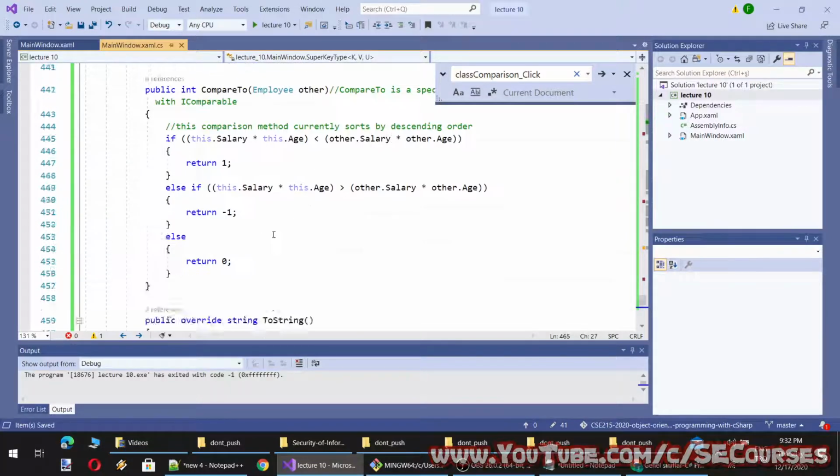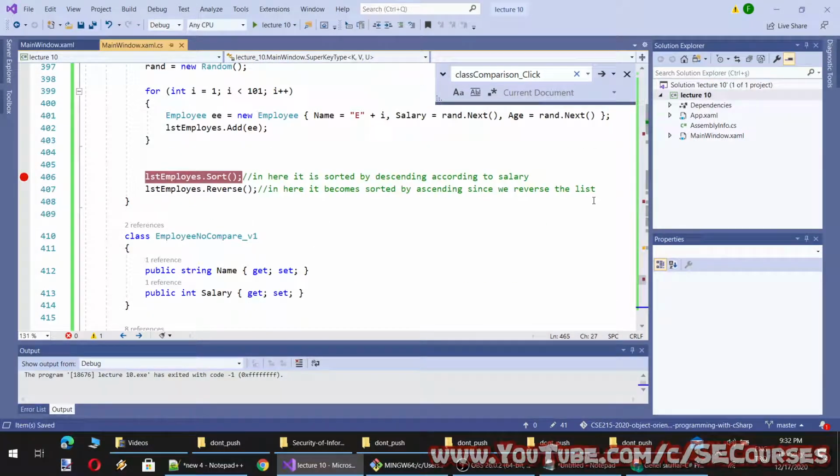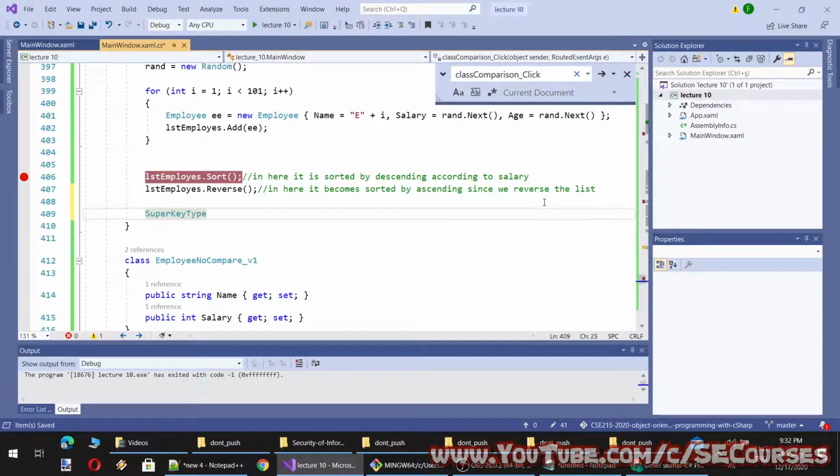So let's see what kind of effect it has. Okay, so I can define the first type as anything I want. You see it is showing me where V equals new. If I do it like this, it will throw an error because, oh, it does support it perhaps, I don't know.